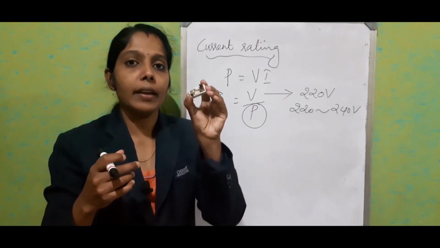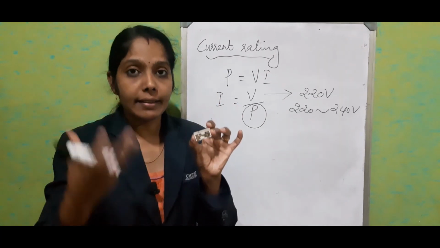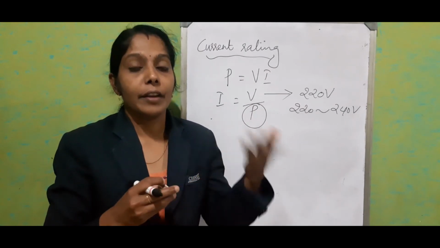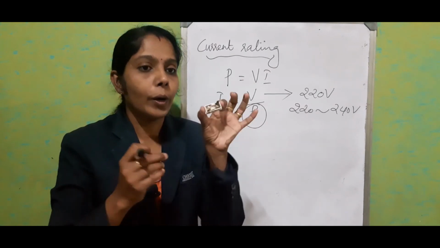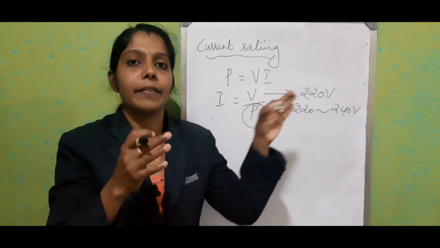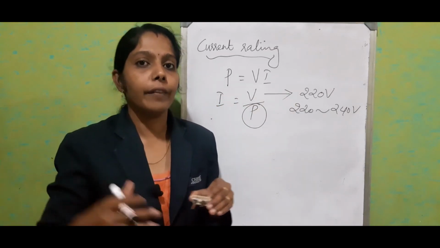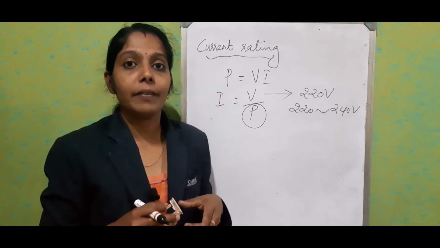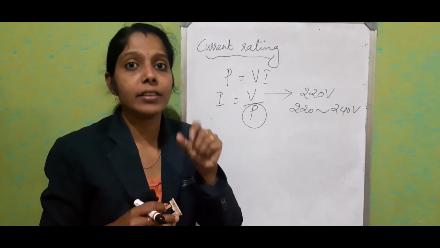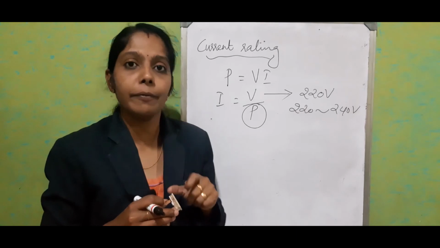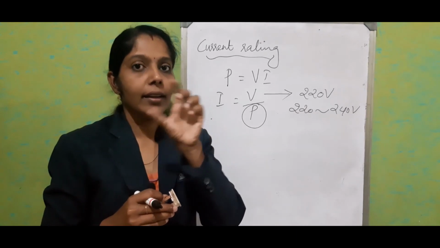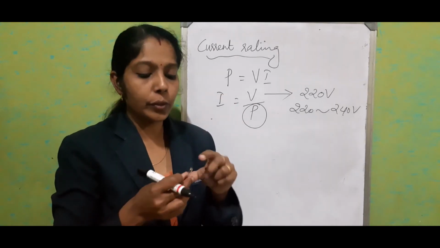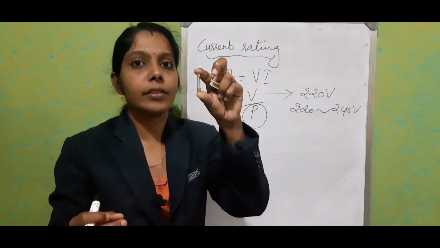So this is the way. Automatically, if any excess current more than the current rating of the refrigerator comes, this will melt off and safeguard the refrigerator, or even the TV or washing machine. Or in some power plugs, we can even see the cartridge type fuse. So they are also inside. I'll show you how it is. In some power plugs, instead of this fuse, we are using the cartridge type fuse.